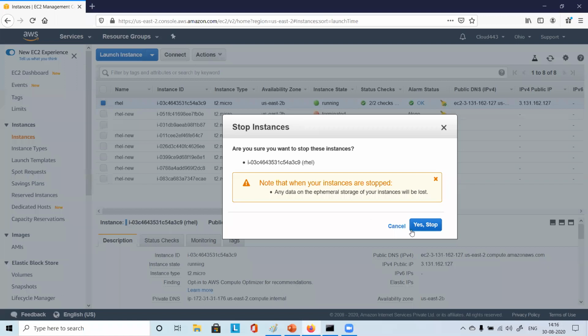So that's it. Apart from that, something called AWS database